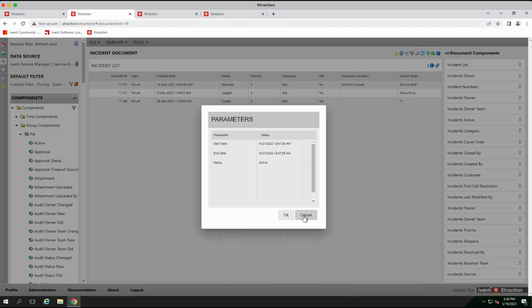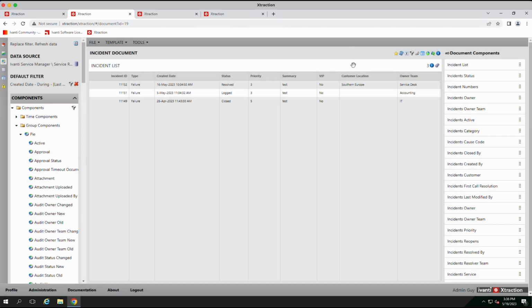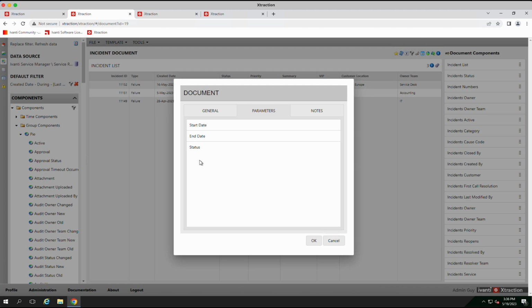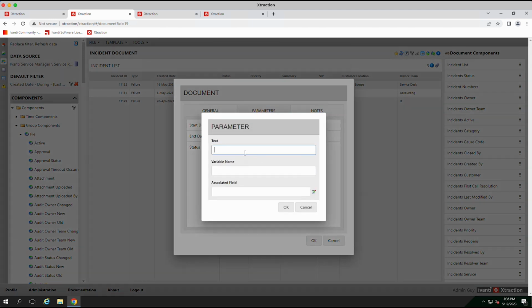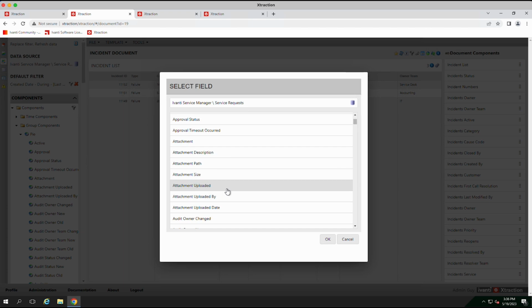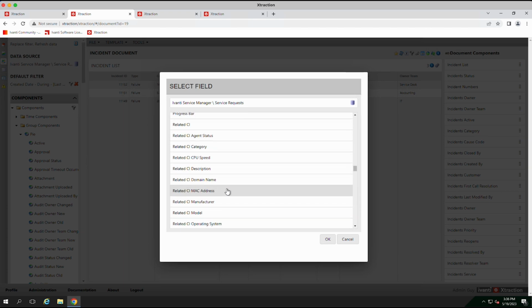And the way that you can create those parameters, you have all these different reports here. Up here on the top, you can click on the info button, the overall, and then we can create new parameters. So we could come in here and we could say, add a parameter for, let's say, owner. So the text that will show everybody is owner, the variable will be called owner, and then the associated field, like what is this field used for? We'll just come down to owner,